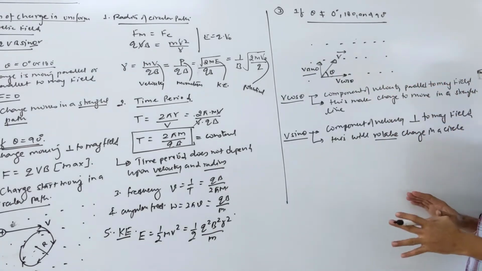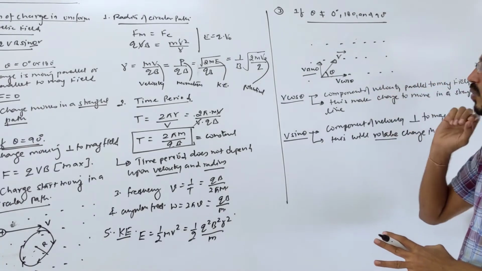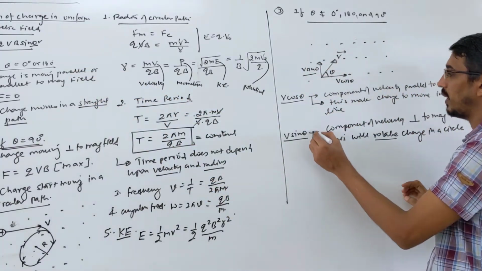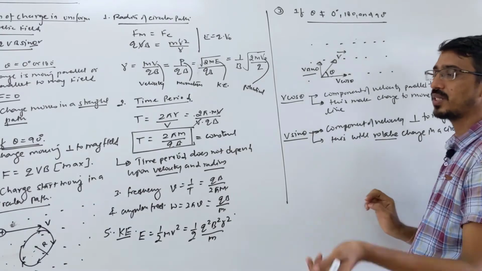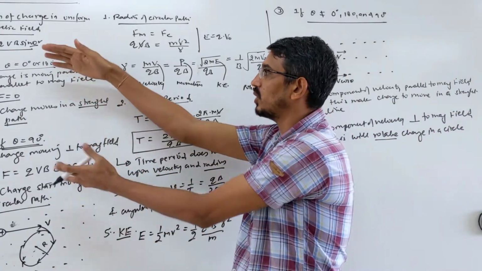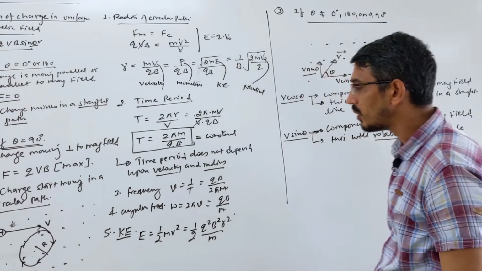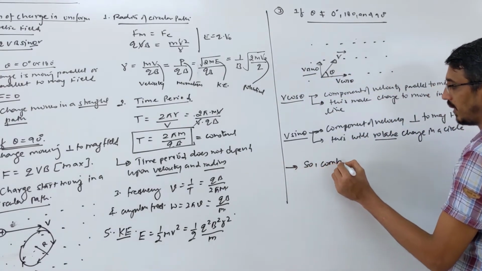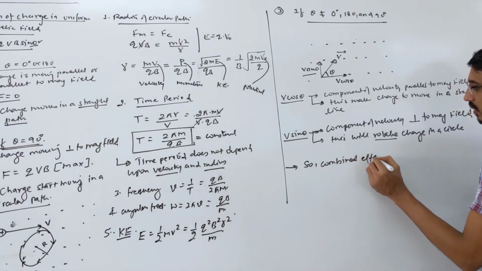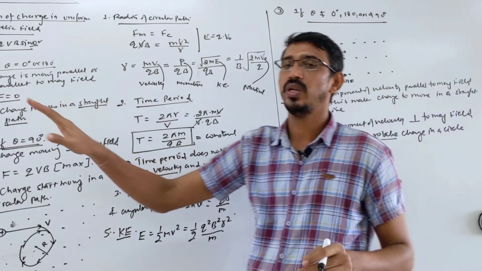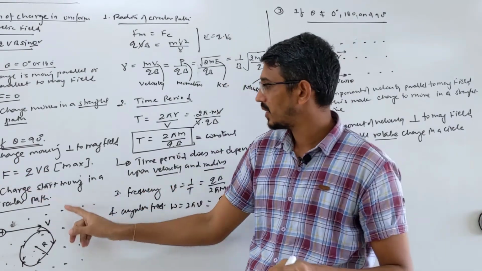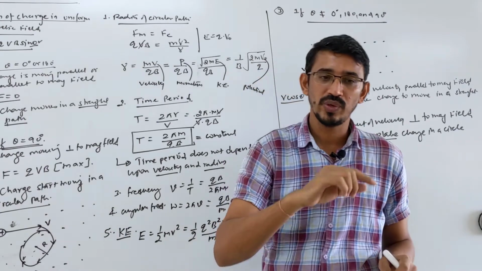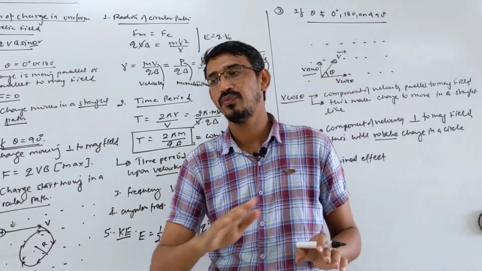So we have two components. One component makes the charge go straight forward, and the second component, which is perpendicular to the magnetic field, is trying to make the charge rotate in a circle. So both now work together. What will the combined effect be? In this case the charge only moves in a straight line, no problem. In the second case the charge is moving in a circle at the same place. But now the charge is moving in a circle and at the same time going forward also.